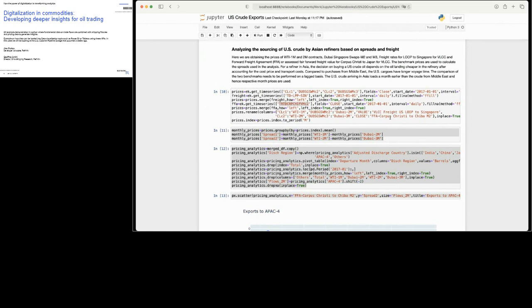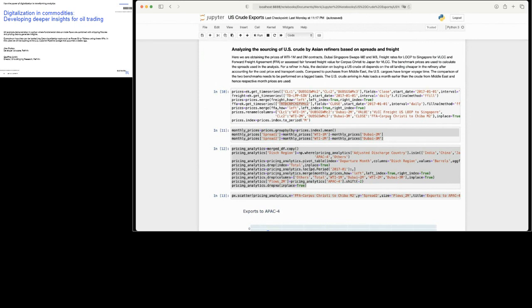To account for this time lag when comparing the benchmarks for US oil price versus the Middle Eastern oil price, we take the price of the nearest month WTI future versus the price of the second nearest month of the Dubai-Singapore swap. Or alternatively, we could take the second nearest month WTI future versus the price of the third nearest